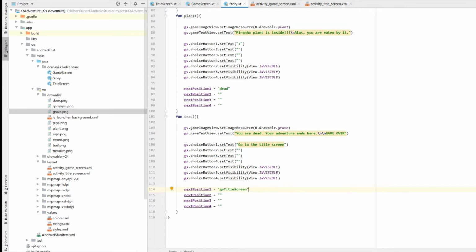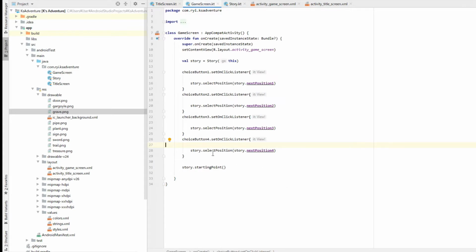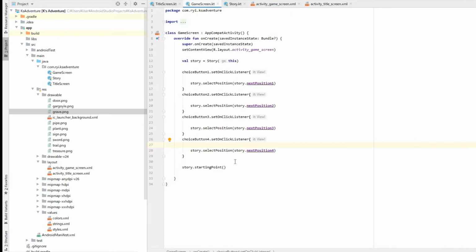Okay, and so to go back to title screen, first let's click this game screen again, and so this time we want to move from this game screen to this title screen, so the opposite of this start button. So we're gonna use intent again. I think I'm gonna make another function here and name this go title screen, and again we're gonna use this intent